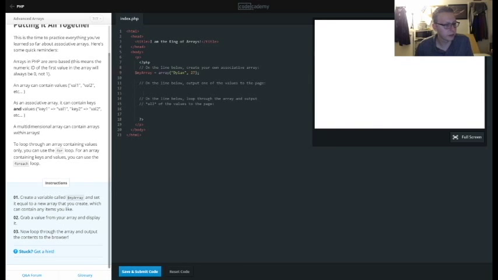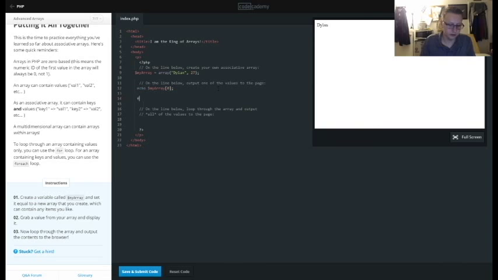Grab a value from your array and display it. So we're going to echo out, we'll say array, myArray, and we'll just display my name. Now loop through the array and output the contents to the browser. Alright, so let's do a for loop since we're using a standard array. And we'll create an integer called I,